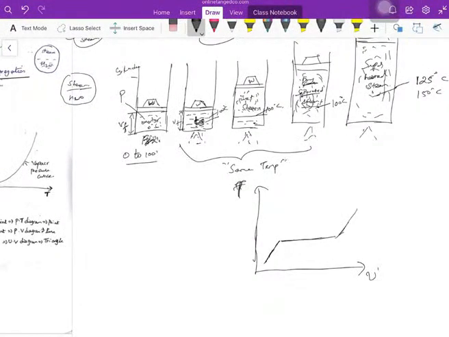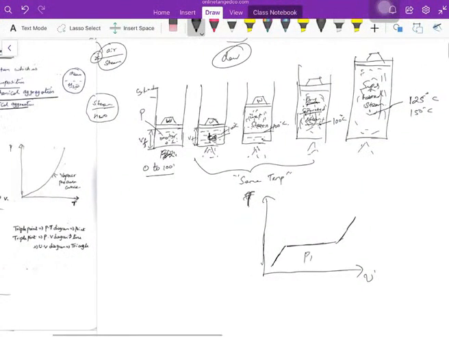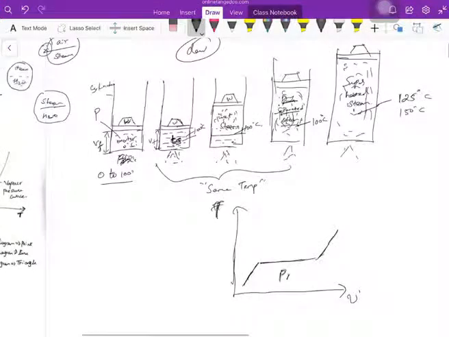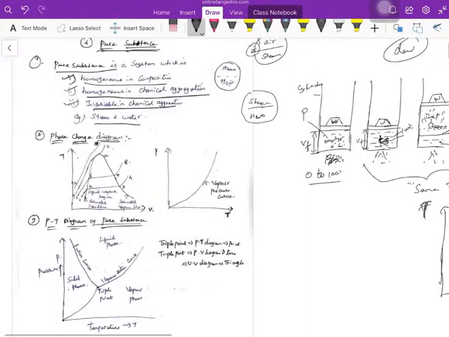Then the superheated point. Now if you increase the temperature, this is for one pressure value, curve one. Now if I'm increasing my pressure, this thing will happen again: latent heat, then sensible heat, then superheat. This is for pressure 2. So if I keep on increasing the pressure and plot it, finally, if I join all the main points, the curve will look something like this. You got it, right? So that's what I have written here.